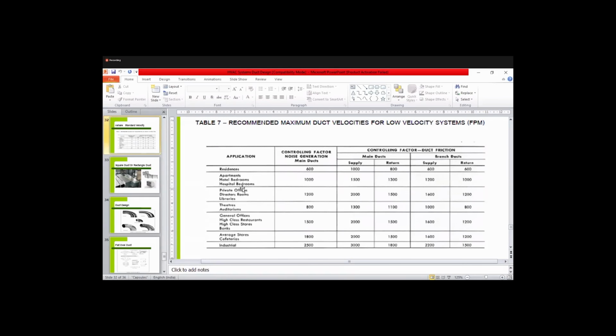We are going to consider hospital velocity for designing the duct for a pharma. Okay.